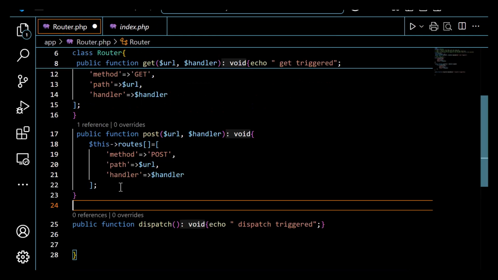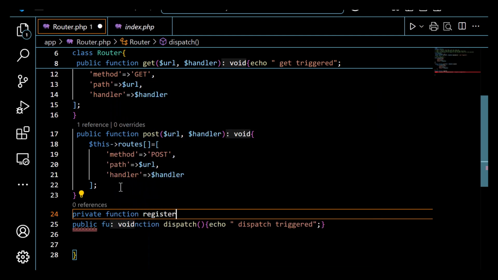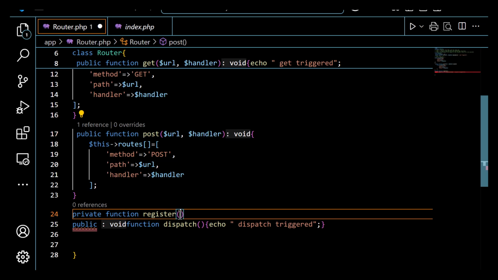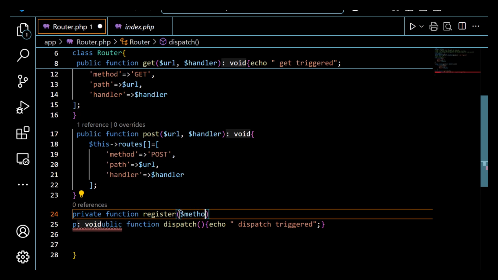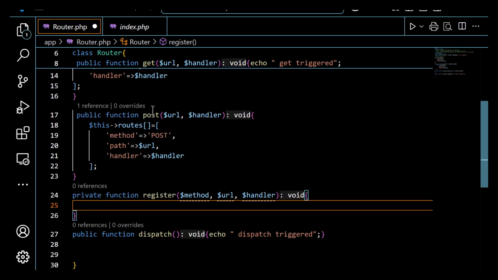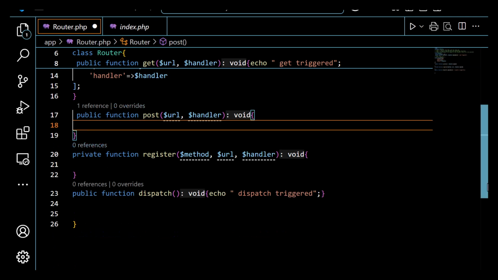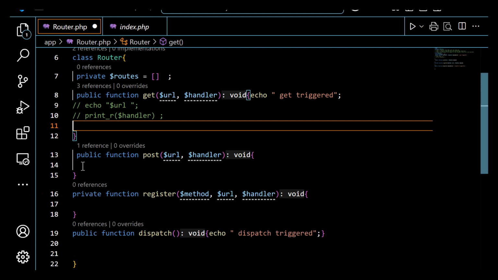So let's define a private function named register, and to this we have to provide 3 pieces of information: method, URL and handler. The first parameter, let's make it method, and for the rest, pass back this URL and handler parameters. Now within the body, let's cut this part from the post. We have to cut it from the get as well, and paste it over here within